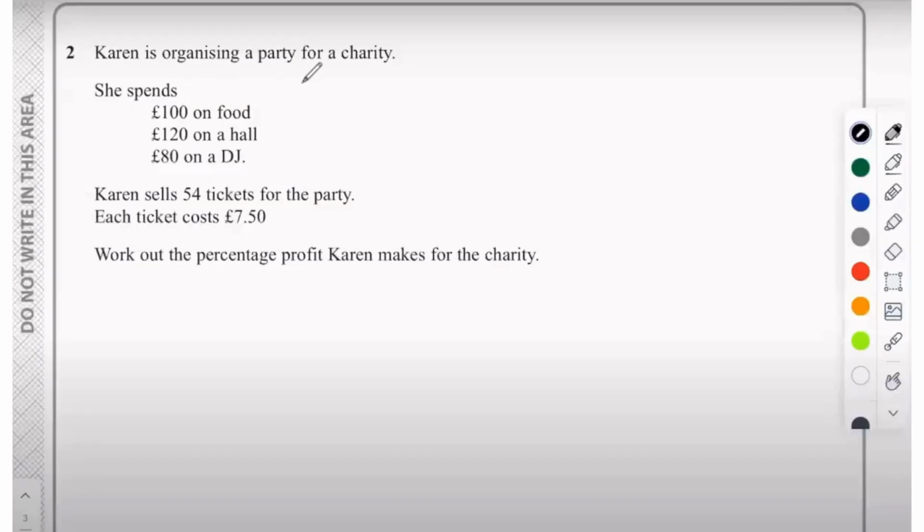Question 2 says Karen is organizing a party for a charity. She spends £100 on food, £180 on a hall, and £80 on a DJ. Karen sells 54 tickets for the party, and each ticket costs £7.50. Work out the percentage profit Karen makes for the charity. So let's first calculate how much she spent. So cost is going to be the sum of all of these expenditures. So 100 plus 120 plus 80, which equals